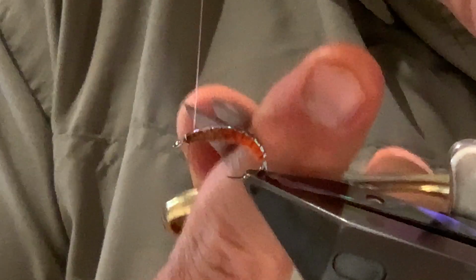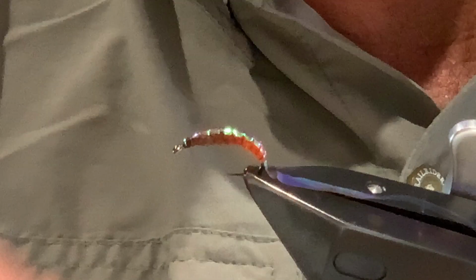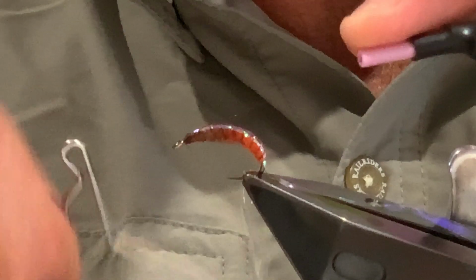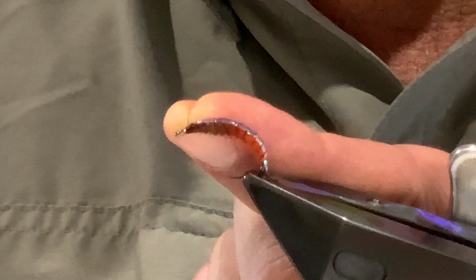And then from here, I'm just going to come in and trim away that ribbing material close to the head, and then finish off that head. Come in with a whip finisher. 2 or 3 turns of whip finish. Probably go another couple just to be sure. Take all that slack,